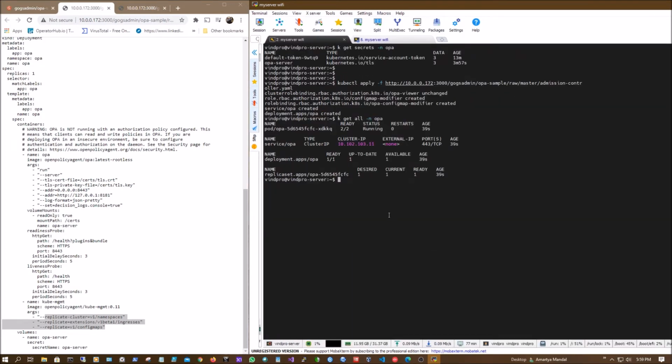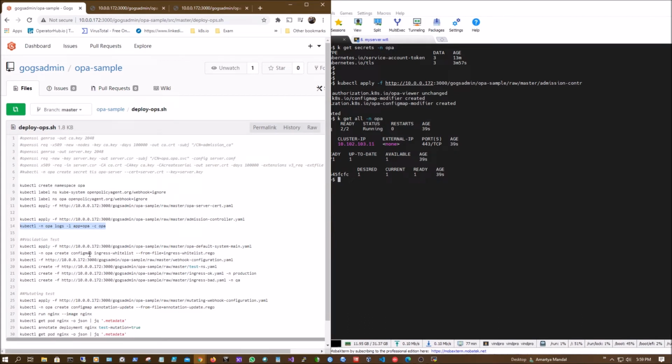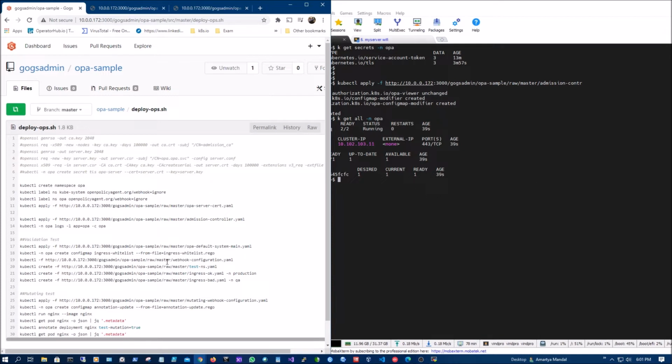So now once it is done, I would like to move into the next step where we'll do some testing. So you have OPA in place. Now I can do a test on a validation webhook. I can do a test on a mutating webhook, and we'll see how different the result would be and how we can achieve the expected result. Okay, so let's start with the next step. Now, the first thing we'd like to do is deploy